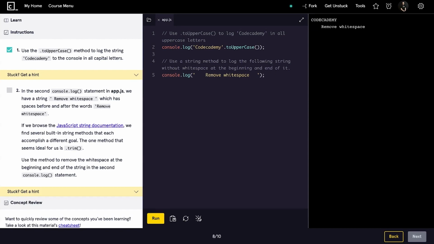The second checkpoint has to do with whitespace. The second checkpoint says the following. In the second console.log statement in app.js, we have a string "remove whitespace," which has spaces before and after the words remove whitespace. If we browse the JavaScript string documentation, we find several built-in string methods that each accomplish a different goal. The one method that seemed ideal for us is .trim. Use the method to remove the whitespace at the beginning and the end of the string in the second console.log